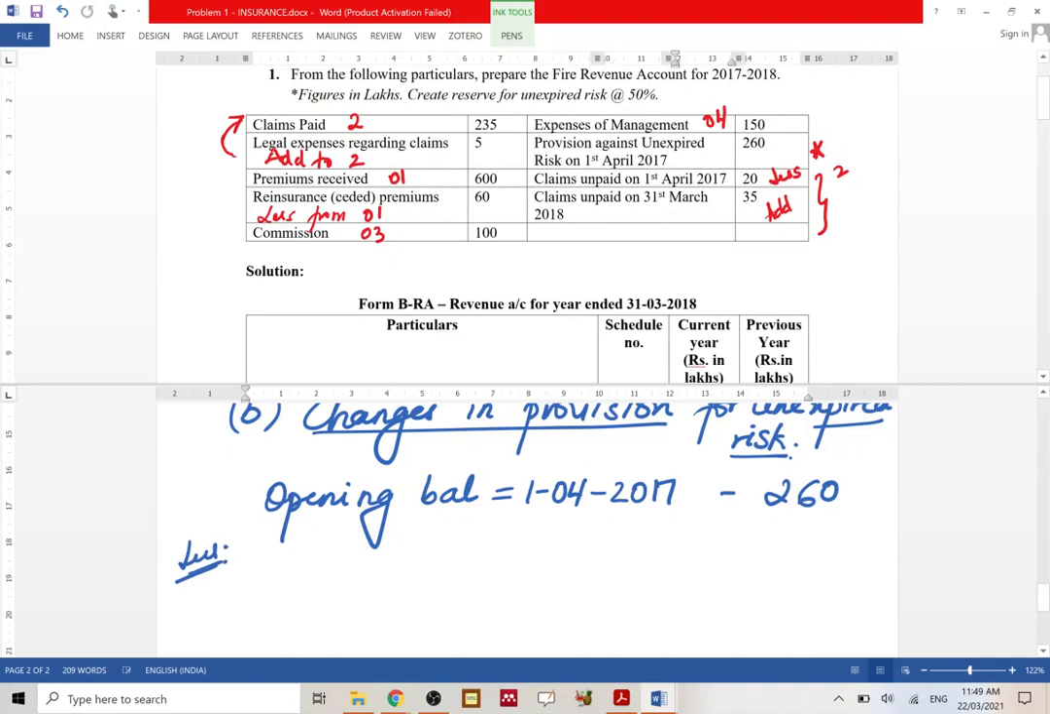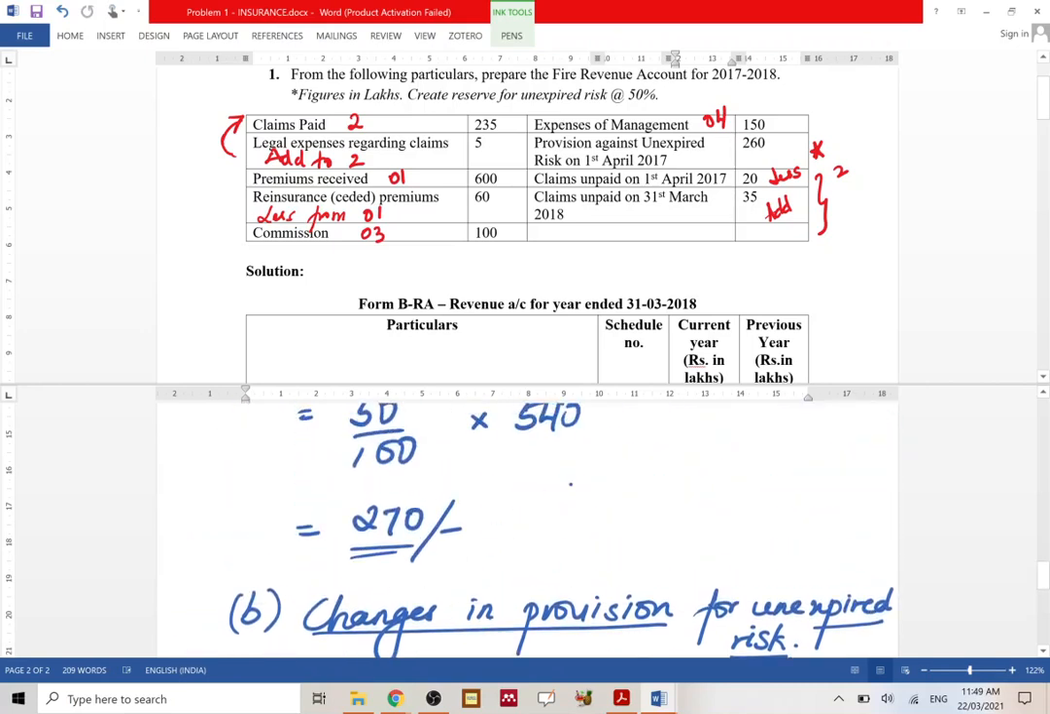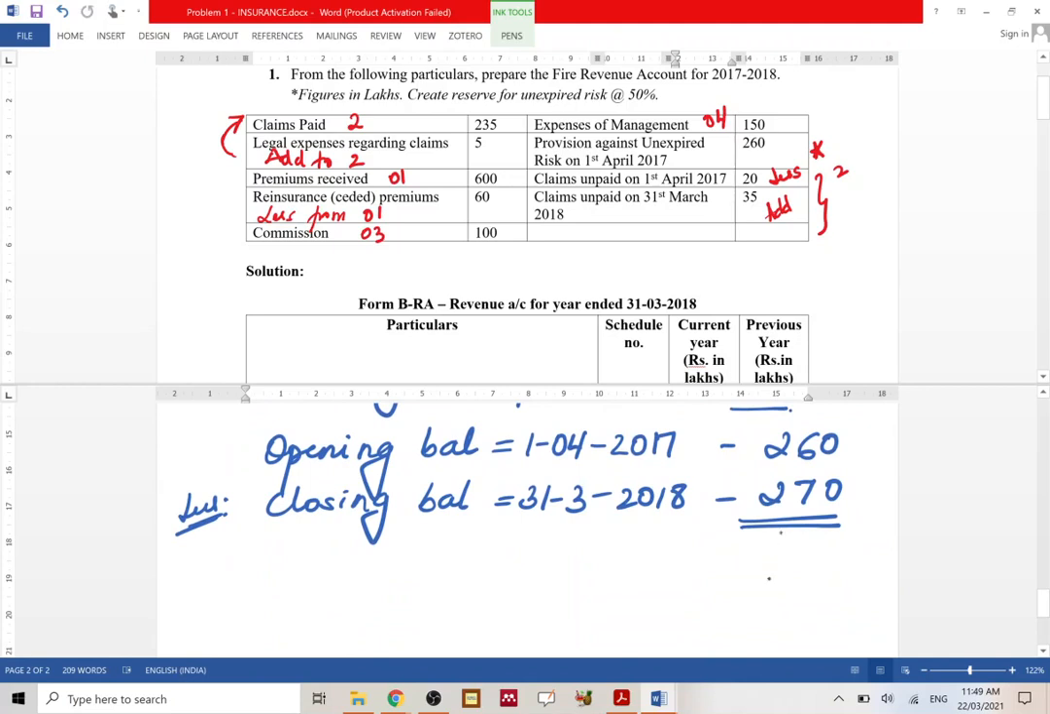Less this year's provision, and you will know how much change has taken place, how much of actual provision we have to minus for this year. So 31st March 2018, current year, you calculated provision of 270 over here, isn't it? 270 is the current year's. So this gives you a change or a balance of 10. That means this closing balance has increased by 10. Clear? So there is a difference between current and previous year's provision, and that is